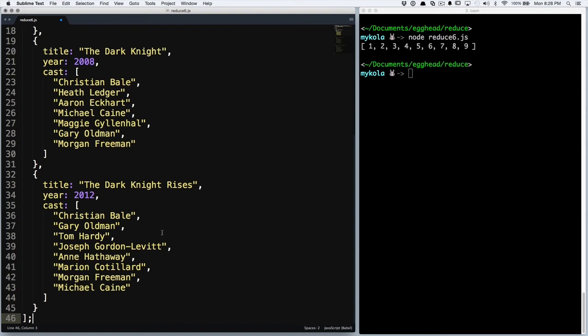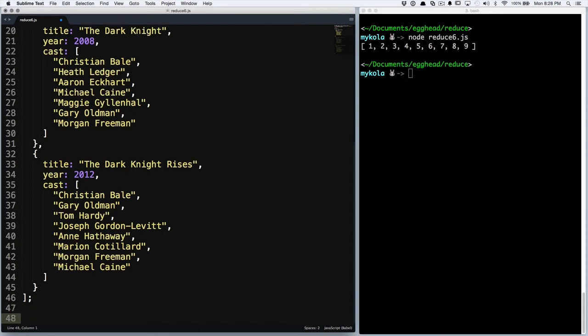Well, this kind of operation has a special name. This is called a flatmap. And if that sounds familiar, it might be because at your local meetup, you might have heard some functional programmers talking about monads and flat maps, and the rest of us have no idea what they're talking about, right? Well, until today, because I'm going to tell you that a flat map is actually just a type of reduce operation. Just like map is a reduce, just like filter is a reduce,